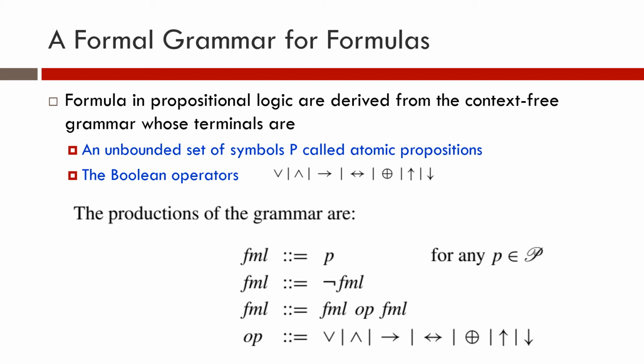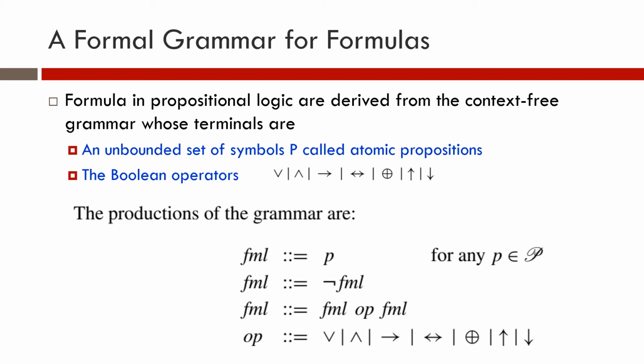So your formula can be P or Q, or it can be P and Q, or it can be P implies Q. So anything, your formula can be anything of this kind. So it is defined using the set of productions, these 3 sets of productions, and what constitutes the operator is shown here. So we have actually 4 rules in the production.